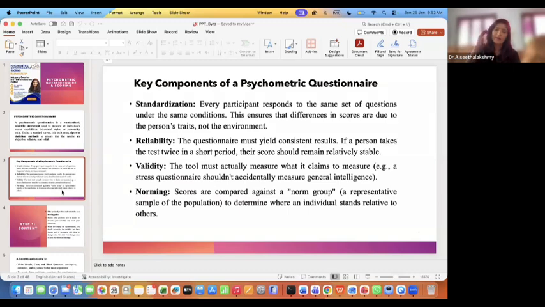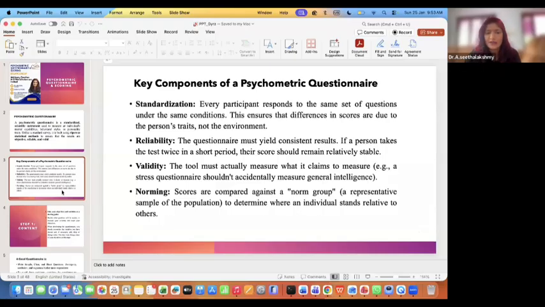Otherwise, that would have been developed very long ago, maybe the Bell adjustment inventory and all, very long ago. It was standardized during those times. But the era has changed, things have changed, technology has changed, and the way the new generation and people look at things, how they perceive everything, has changed. So don't use the same thing to measure adjustment. It varies. It's not only about the adjustment scale, it's about almost all the scales that we use. Maybe 5 years, 10 years, you can have it, not more than that. Okay, so that is about existing psychometric questionnaires.